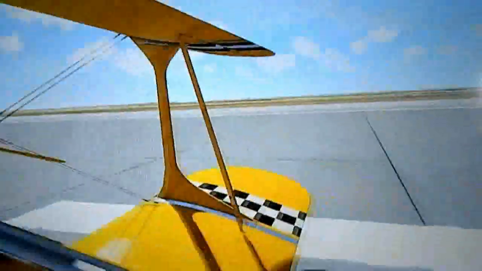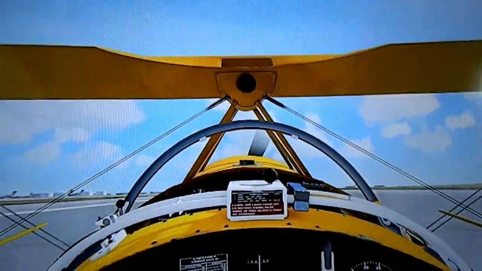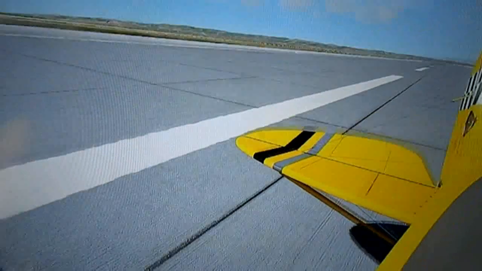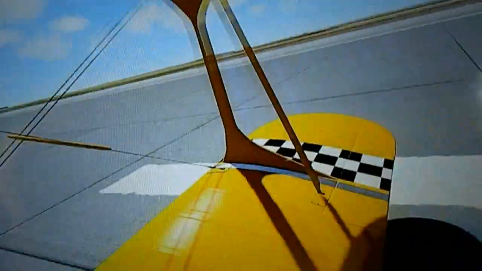There we go. Okay, we're inside a Pitts Special, which is an aerobatic plane. There's our front seat in front of us. There's the ailerons moving. We stick our head out of the cockpit. There's our elevator, and we've got our rudder also. So, now,